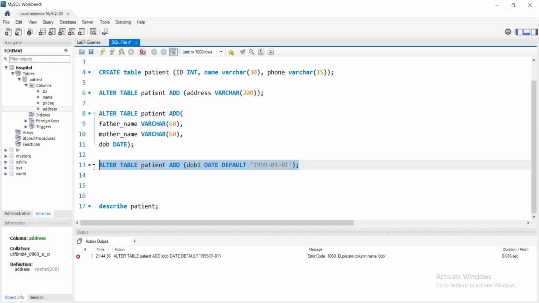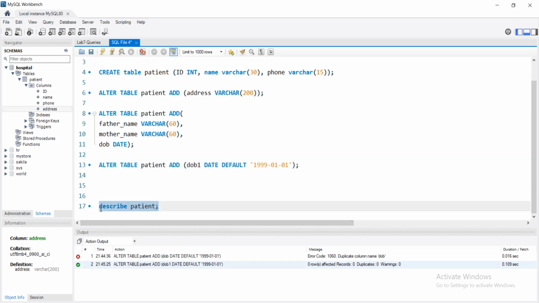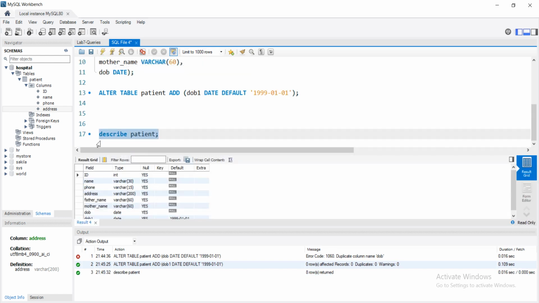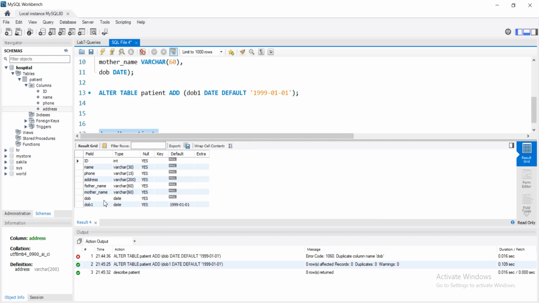Then just select the query and click on execute button. So now it will be executed successfully. Just use the describe command and view the name of fields. So the last attribute or last column is now DOB, and the data type of this attribute is date. It will also accept null values, and the default value is now set as